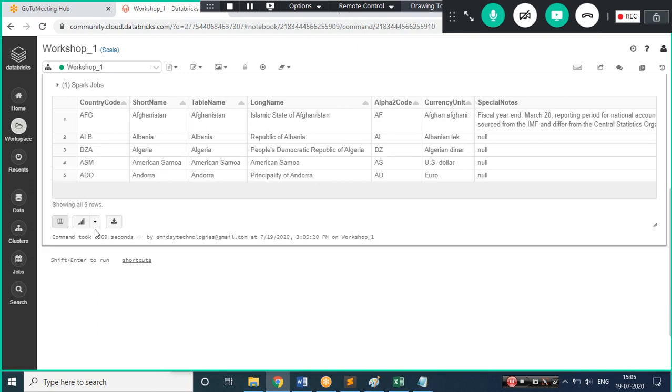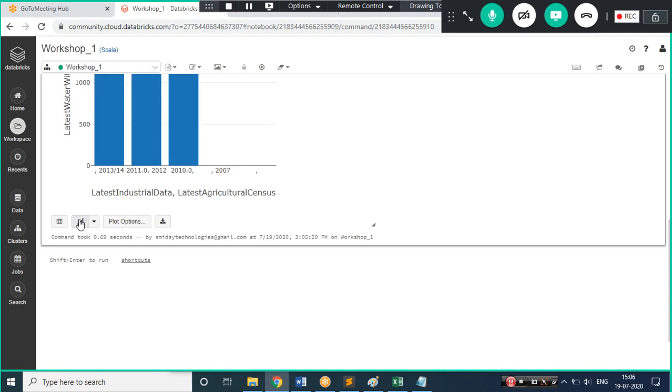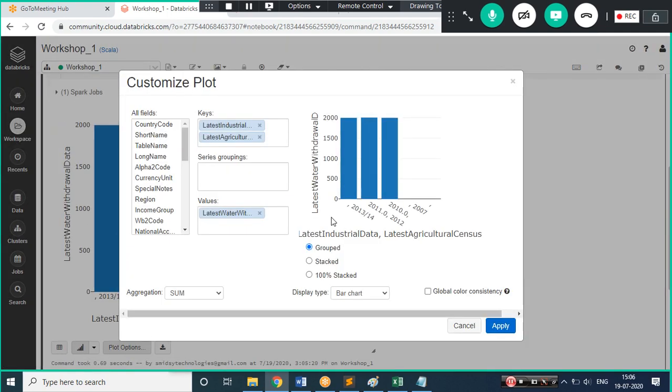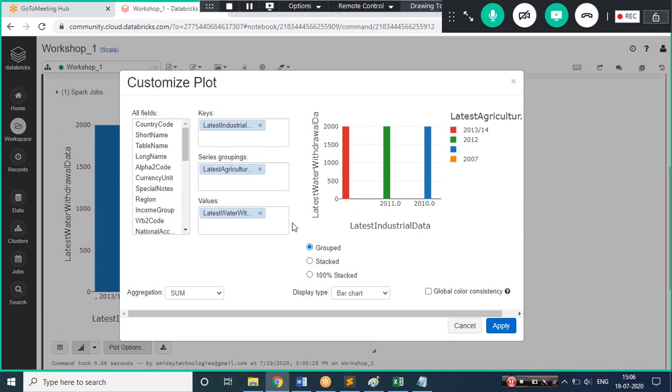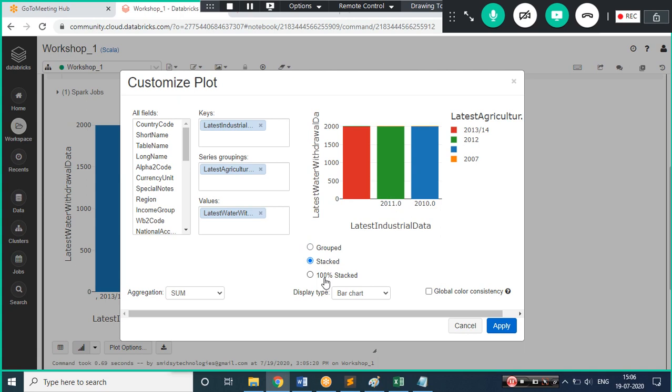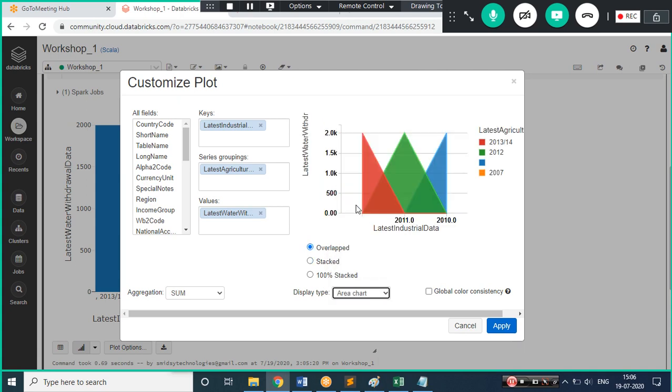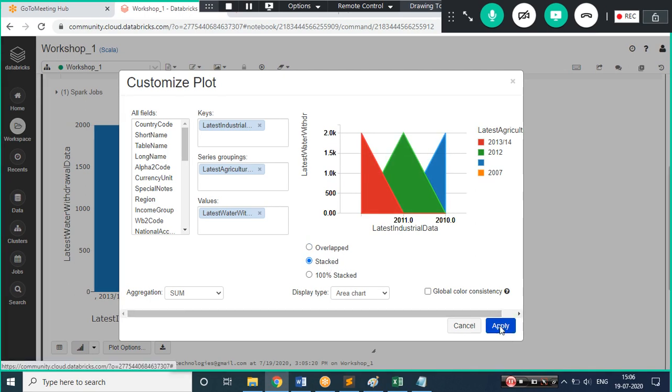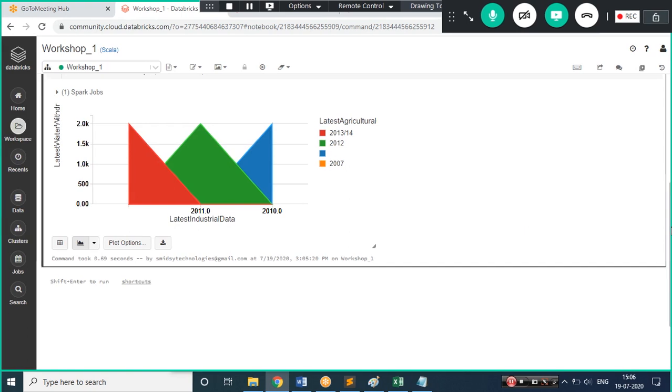If you want to create charts, can you see there is one option? It is very beautiful, and you can go for different plot options. I'll remove this, and you can do stacked, and there are various options available. I like area chart mostly, so I always go with area chart. This gives you a pretty beautiful way to represent your data, to show how your data is looking after reading it. It's up to you how you want to play with it.